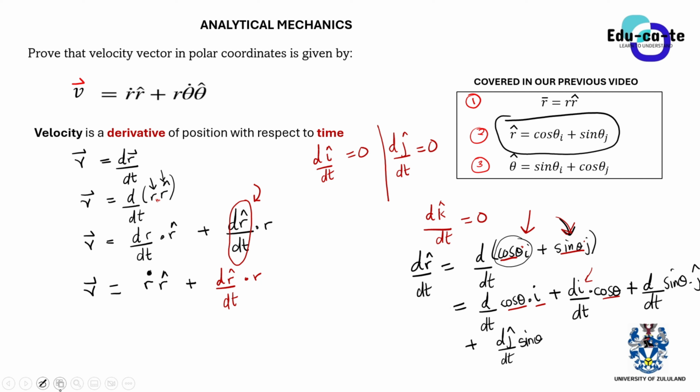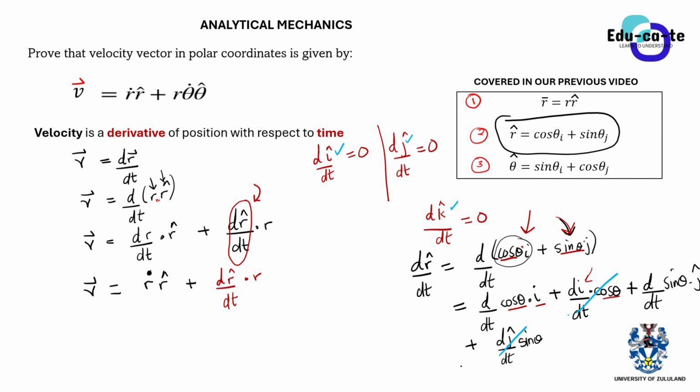So remember that we've already done an analysis and said that if you differentiate the unit vectors I, j, and k with respect to time, you get 0 because those do not change with respect to time. So in this case, the derivative of I with respect to time will just give us 0, so we cancel it out. And then the derivative of j as well is going to give us 0. So there was no need for writing them in the first place, but we are just trying to explicitly express them. So in this case, we are going to remain with d/dt of cos theta I plus d/dt of sin theta j. So basically that's what you have remaining.